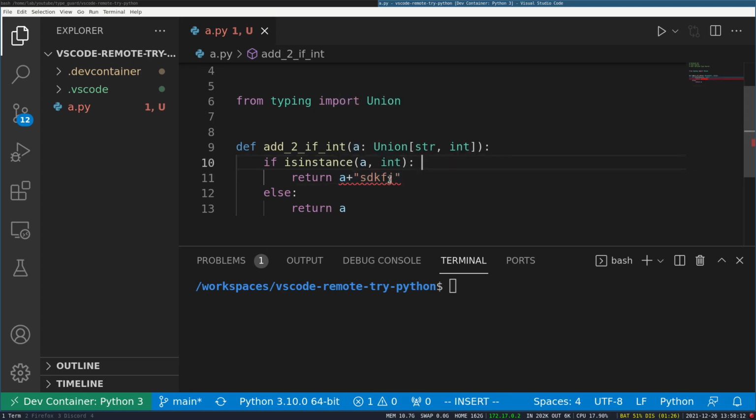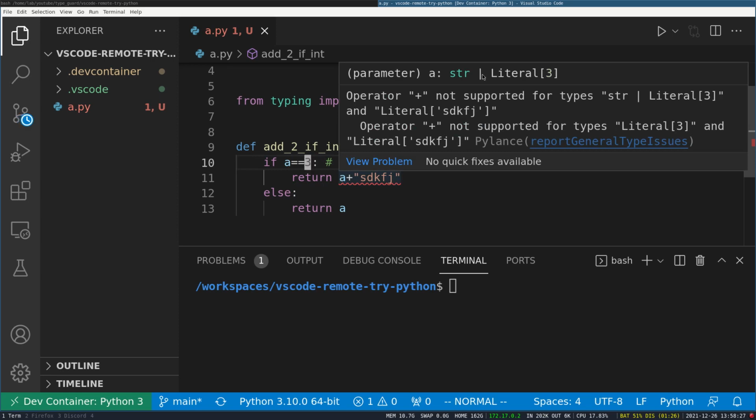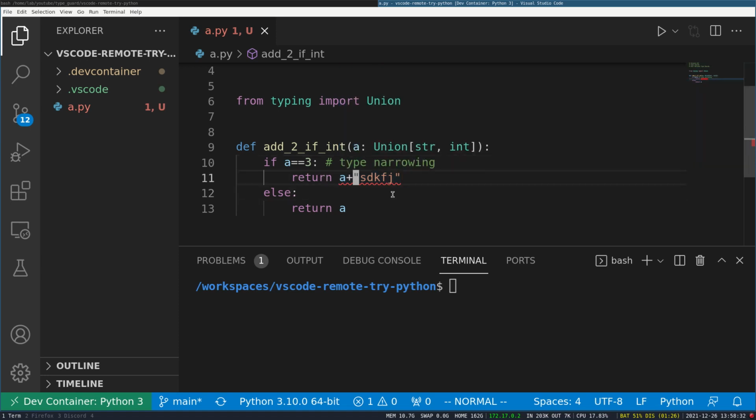And this is known as type narrowing, where the IDE is narrowing the type from string or integer to only integer. And it can also narrow it down to literals, like if you do a equal 3, then it will know that a is exactly 3. And yeah, this is basically what type guards are.